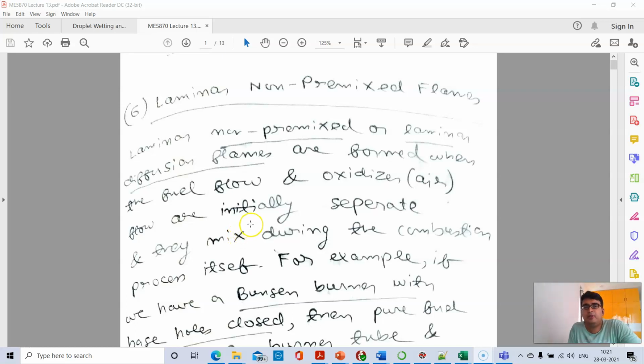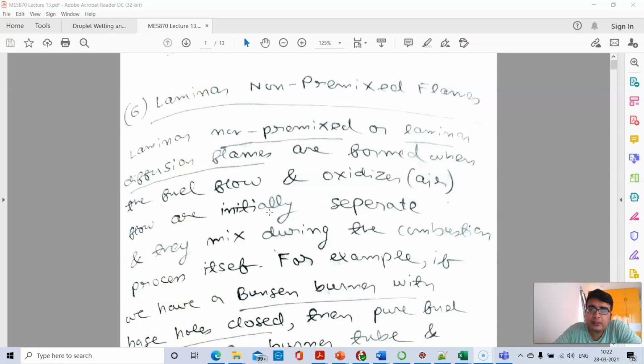Good morning class, and today we will start our discussion of laminar non-premixed flames. The basic idea here is that in contrast with premixed flames, where the fuel and air are mixed before the combustion process happens, in non-premixed flames the fuel and the air mix in the flame front itself. So initially the fuel flow and the oxidizer regions are distinct, and at the flame front they mix and combine to form the burned gas